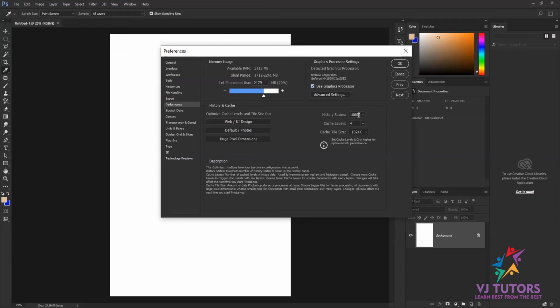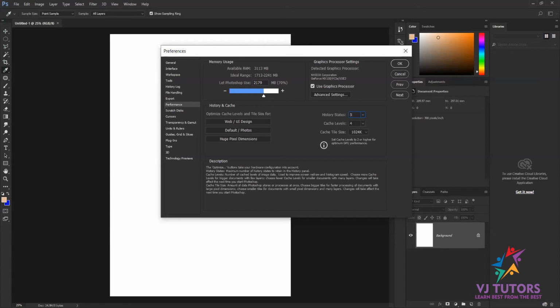Okay, and after that, this is the most important point, called history states. History states means the undo level, meaning if you do something wrong in your work, you need to go back to a certain point, and that undo level is most important. By default the undo level is 50 for Photoshop whenever you install it, so you can go back 50 times.